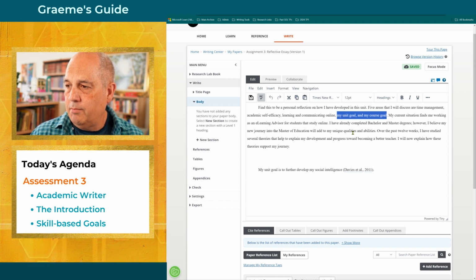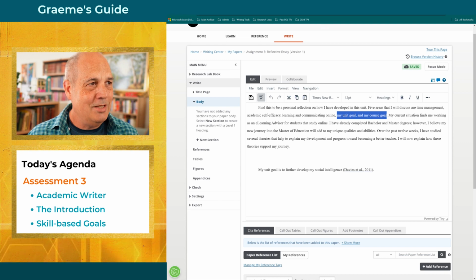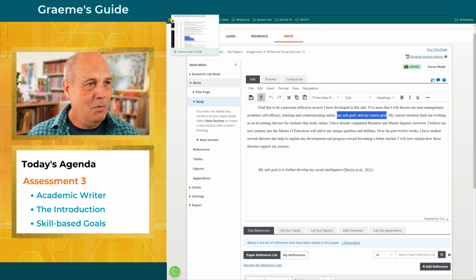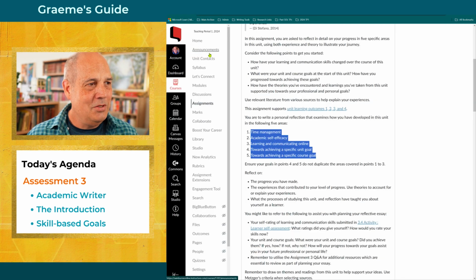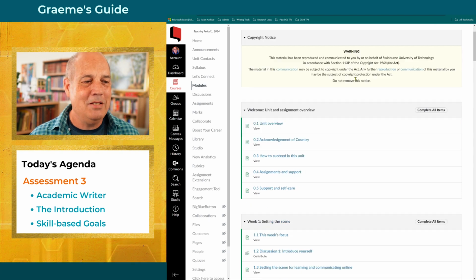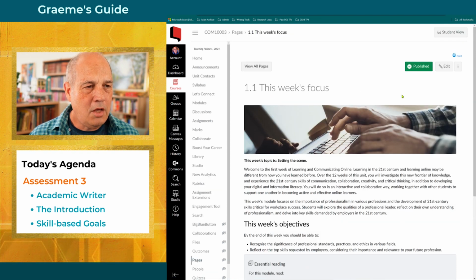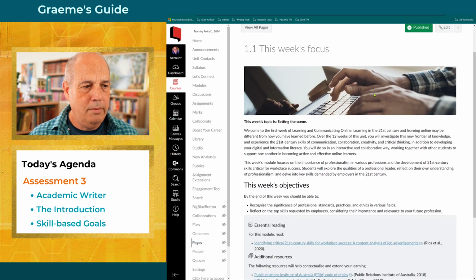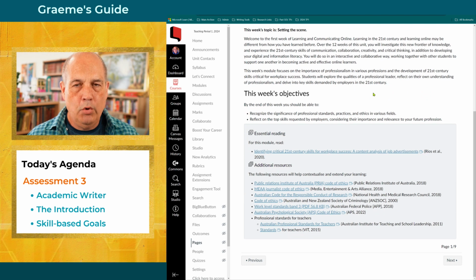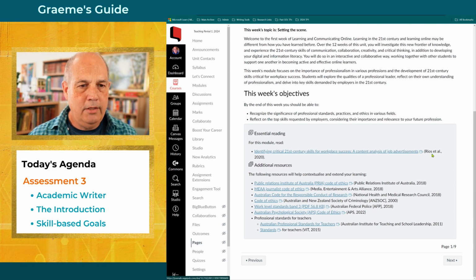So we've covered academic writer, we've covered the introduction, now we're going to skills-based goals. Let me get out of here. Where do I want to go? Let's go to the modules. That's a good idea, because there we can find out more about this skills-based goal. So when you started this unit earlier this week, you would have gone to module 1.1, and the most important thing you need to do this week is read the